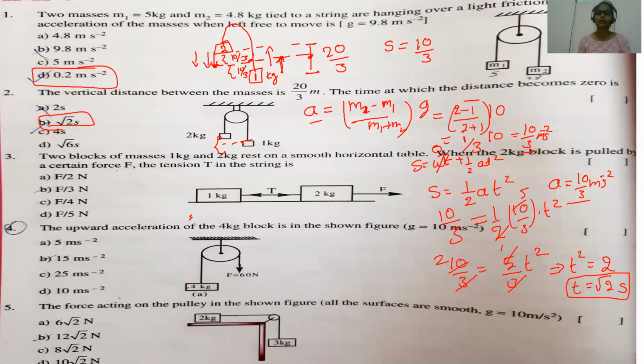Hope this is clear. See, this problem once again I'll tell. Here we need to find the time. To find the time, you know the relation, the second equation of kinematics, s equals ut plus half at square. Since initial velocity is 0, we can take it as s equals half at square. So here, for the formula, s is given, but a is not given. So first you find a from the outward motion formula. A you need to find. So using a, you can substitute here, and simplify for the time.